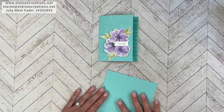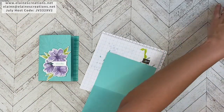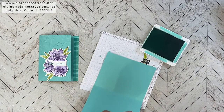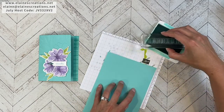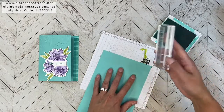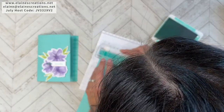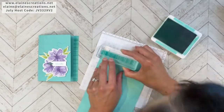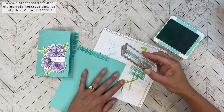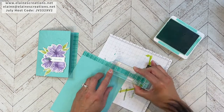So I'm just going to open this up, and I'm gonna grab a scrap piece of paper here, and I'm going to stamp in Coastal Cabana on Coastal Cabana. And in the stamp set, there are these fun patterns. There's some dots and these blocks. So I'm gonna stamp these blocks along here. Sorry if my head gets in the way, but I'm just gonna try to line this up, and it's hard to do without looking straight over it. Okay,